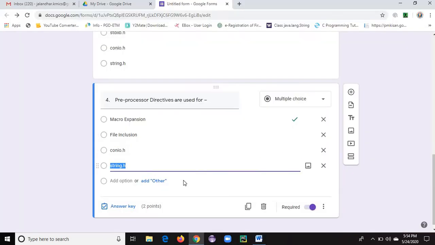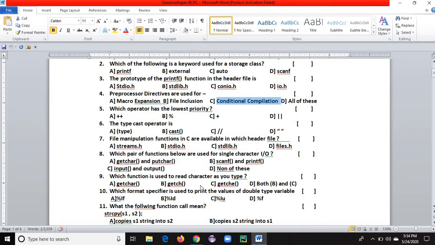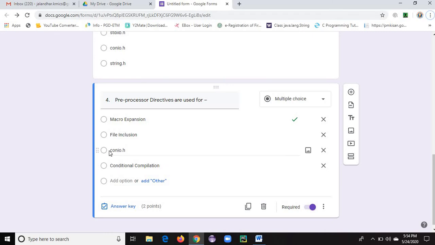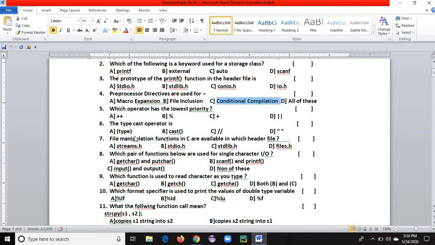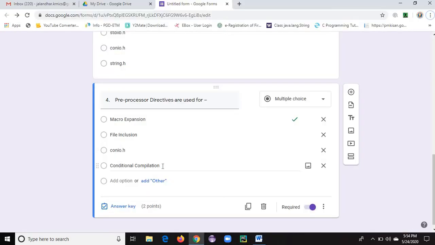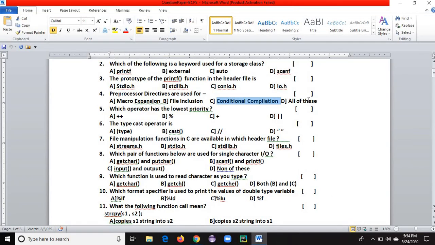And four answers have come. File exclusion, okay. Conditional object like this, all of them. So I'm cutting and pasting here also, and bringing the fourth option like this.